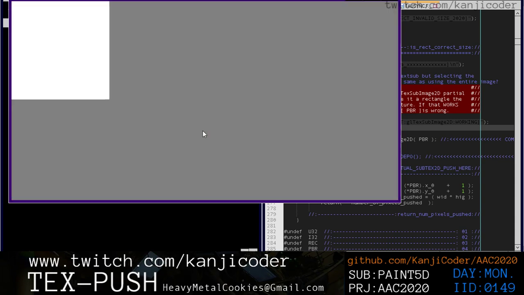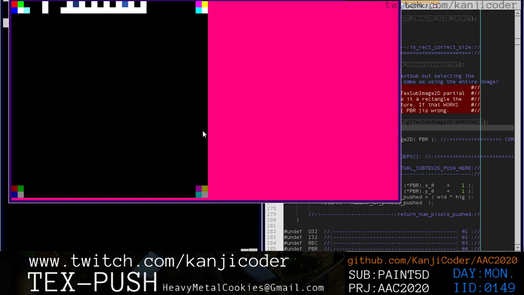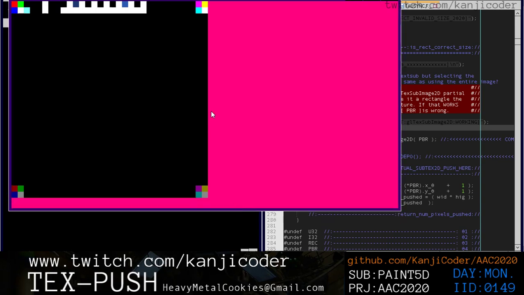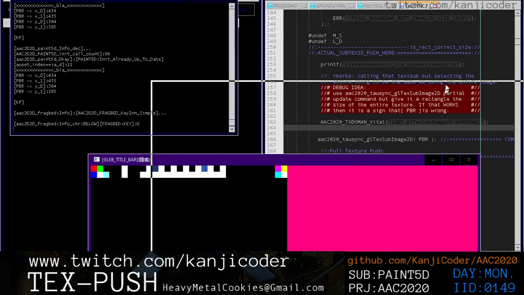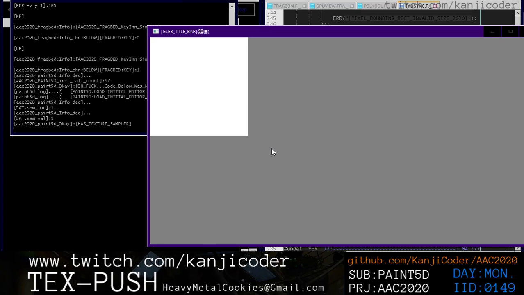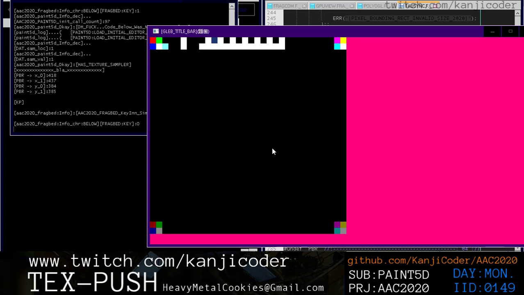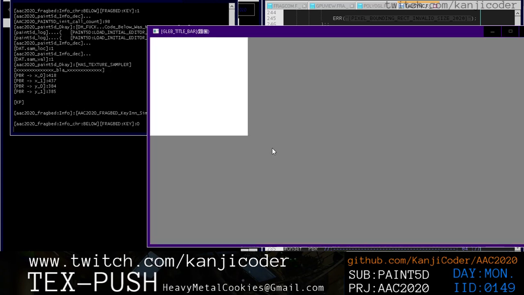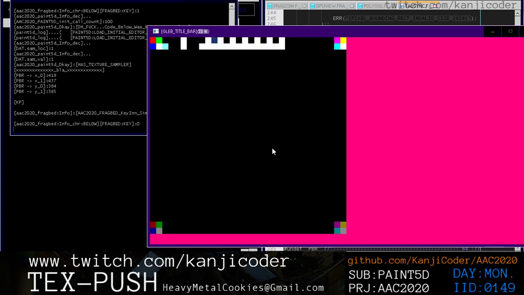Yeah, so it's definitely not being updated correctly. I'm actually surprised that it doesn't look as wrong as I thought it would look. So my thought here is that we're updating a different section of the texture than we should be. So if we do this, let's look at this for a second. It almost looks to me that